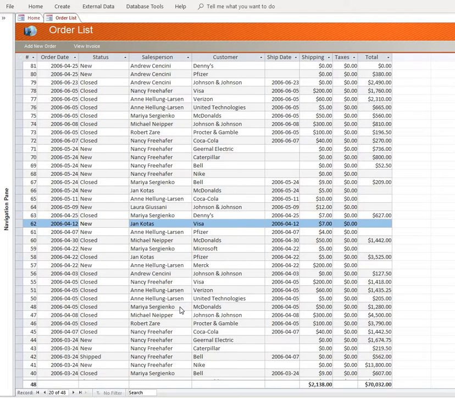Hi, this is David Berniker with Genesis Databases, and I would like to show you the magic of the datasheet view in Microsoft Access. This is the view that we use 97% of the time on subforms because it gives